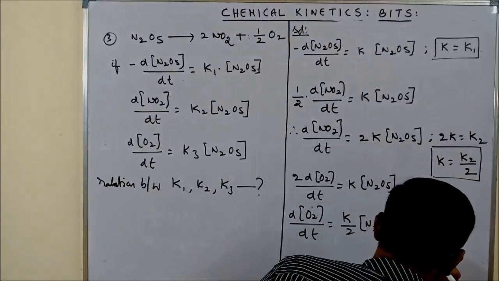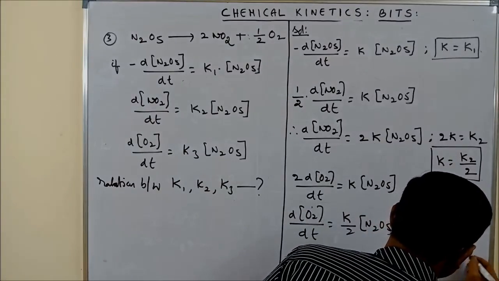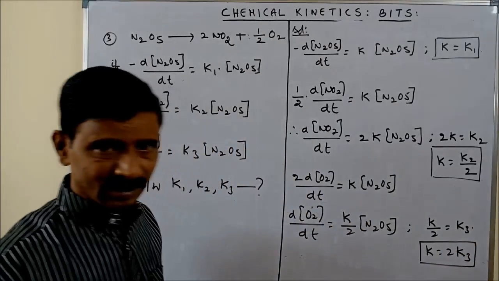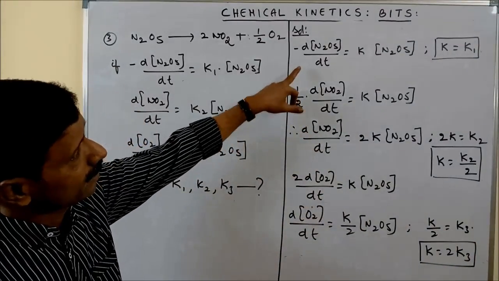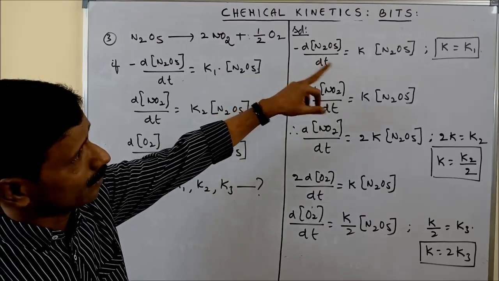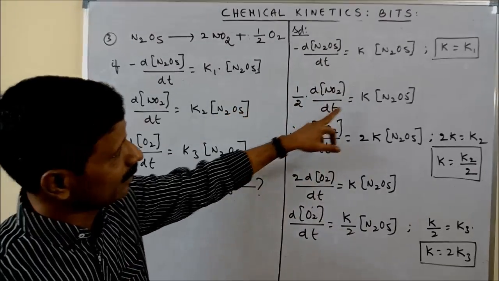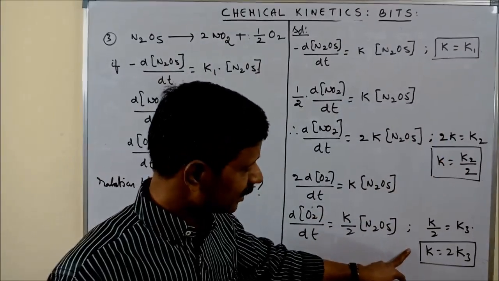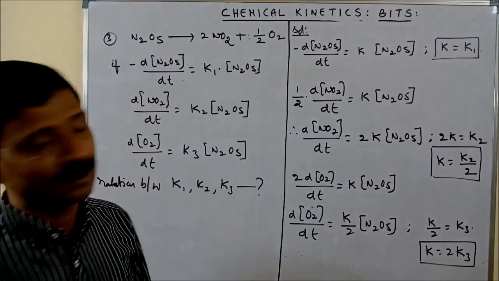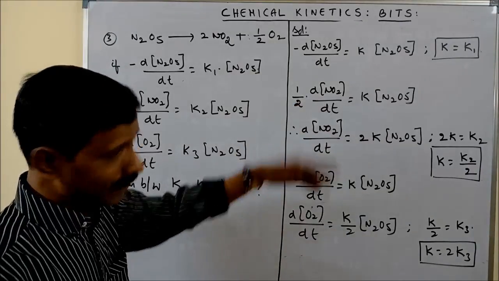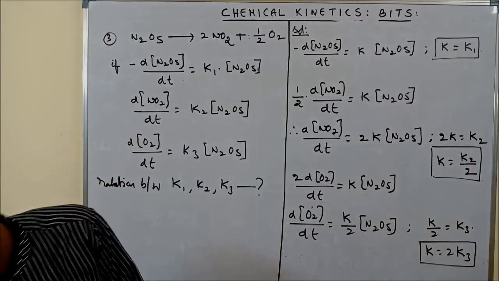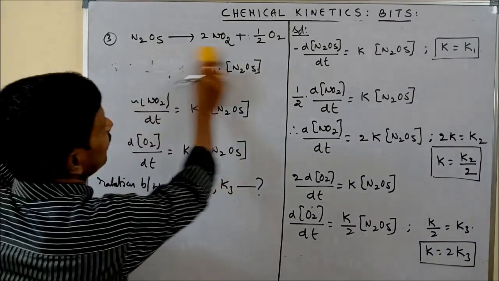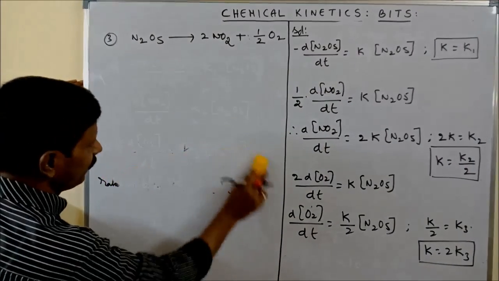And here K equal to 2K3. So as per this, here we are getting K equal to K1, and according to this, K equal to K2 by 2, and here it is K equal to 2K3. Now if you compare those three values, now I am removing this. So finally we are getting